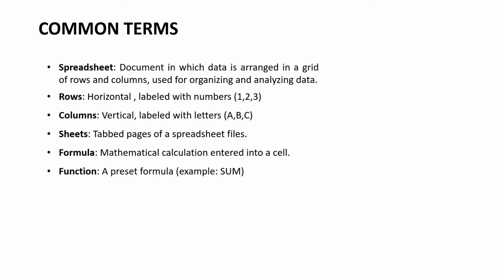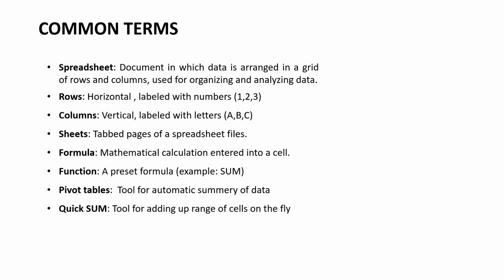A function is a preset formula in Google Sheets that tells the spreadsheet what calculation to perform. For example, the SUM function adds together data in selected cells. Pivot tables are a tool used in Google Sheets that automatically organize and summarize information from a large amount of data on a spreadsheet without using formulas.